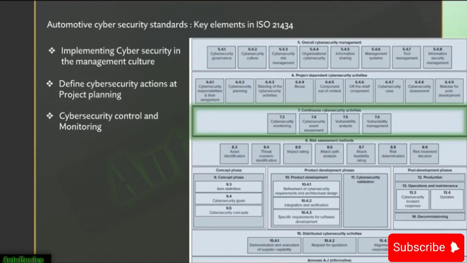Let's talk about cybersecurity event management. So this process determines a cybersecurity event's level of impact and appropriate responses. A cybersecurity event needs to be analyzed to determine if the event affects an item or component based on vulnerability analysis. So it is having an interdependency, like I mentioned. Considering the risk assessment, the response procedures may be applied in post-development phases.